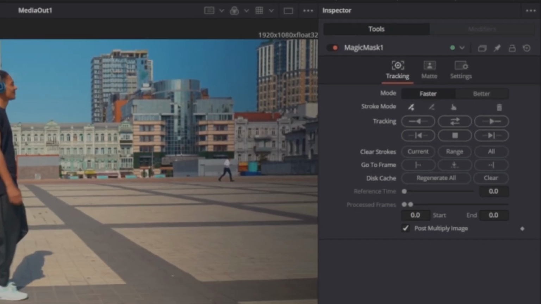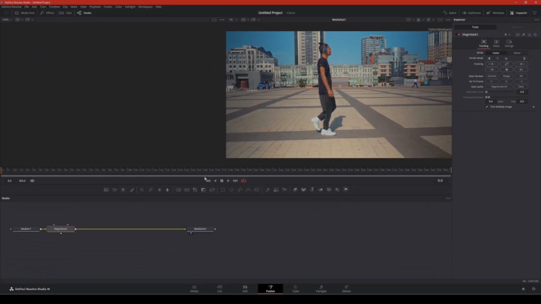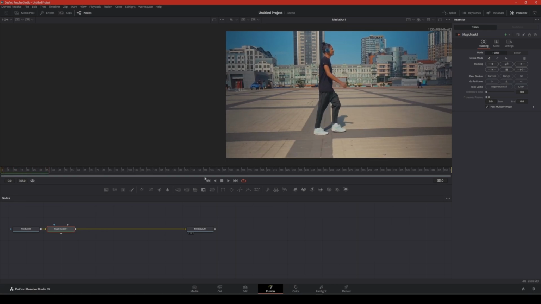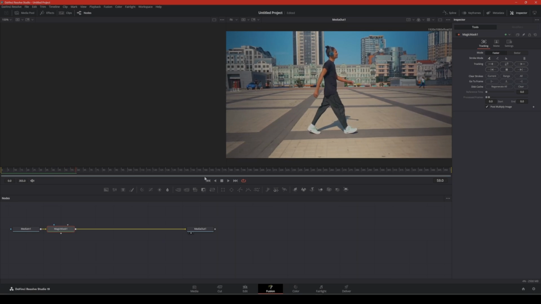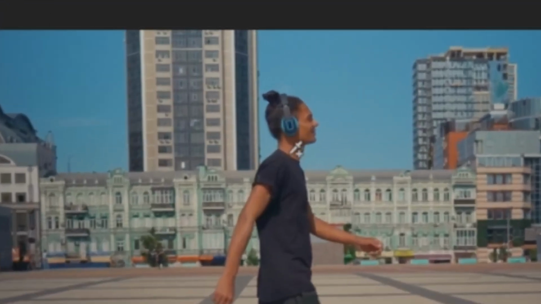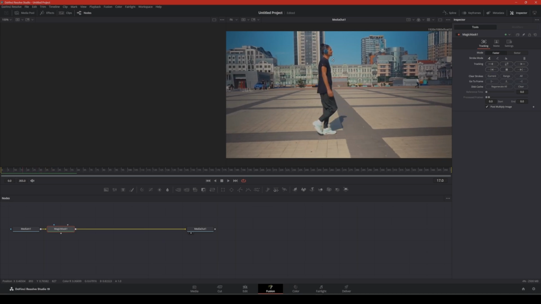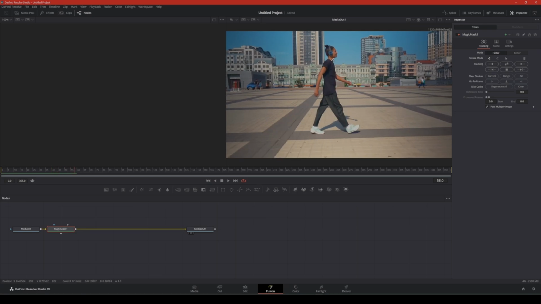Now that that's here, we're going to find a good frame to start at. So I'm going to use my keyboard arrow keys, the right arrow key, to move forward until he's standing just inside of this blue sky area here, kind of pointed out. And this way it makes it a little easier for the mask to differentiate and know where the background is, where he is, and what to remove. Because before we go to the beginning, you can see it kind of blends in his hair with the building there, and it'll make it hard for it to disappear. But if we start somewhere like right here,